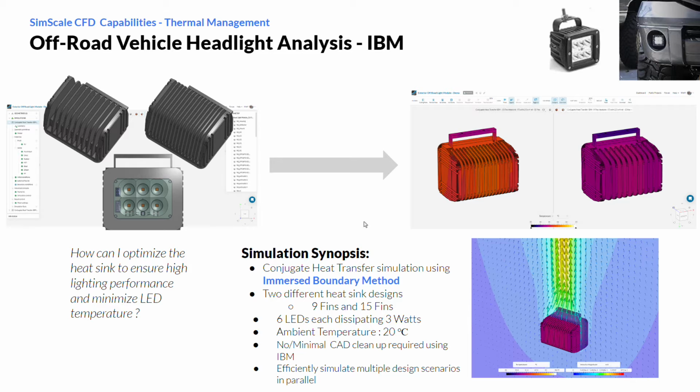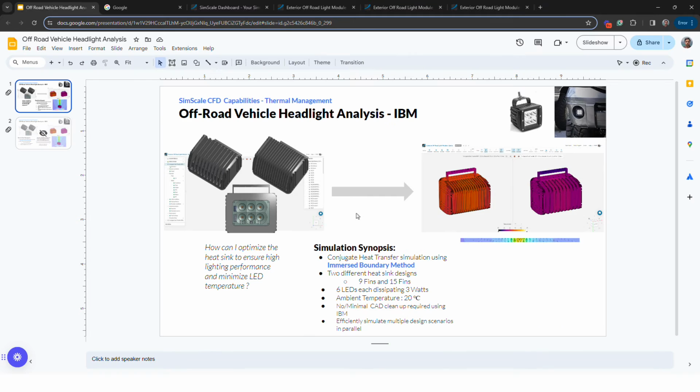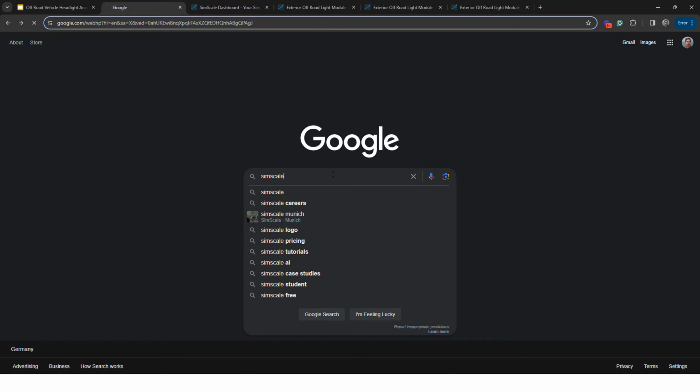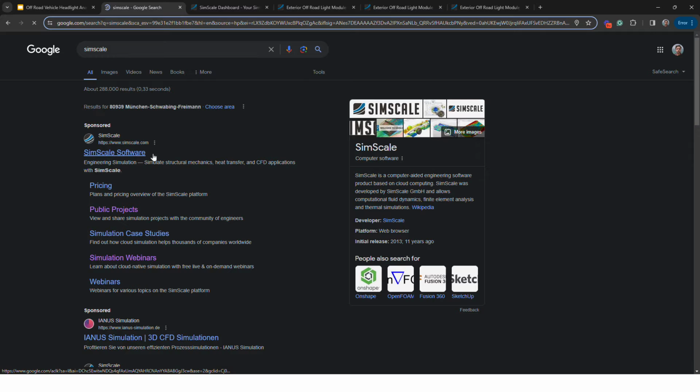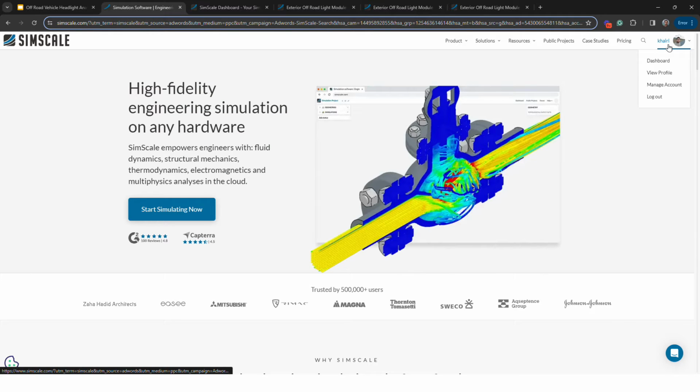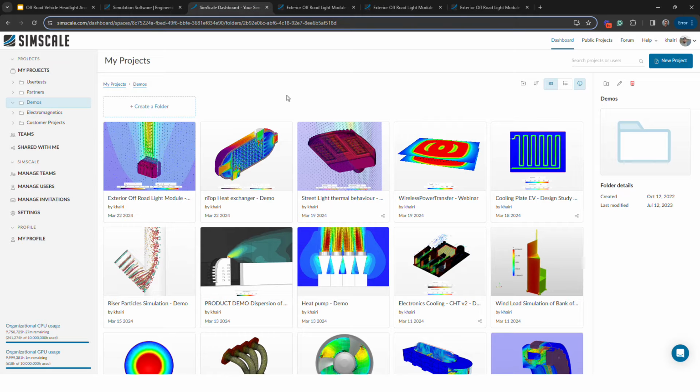Now let's take a look at how this looks inside the SimScale platform. First of all, we can jump into the SimScale website via your favorite browser. Once you are on the website, you can log in to your account via username and password, and then navigate to your dashboard. Inside your dashboard, you have all of your projects nicely organized inside folders.